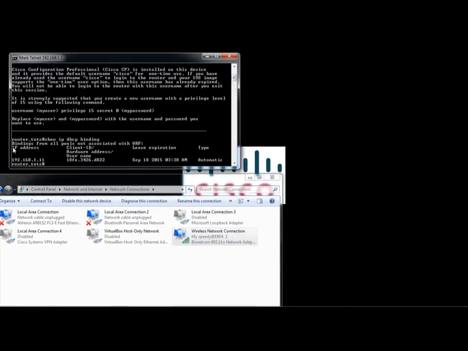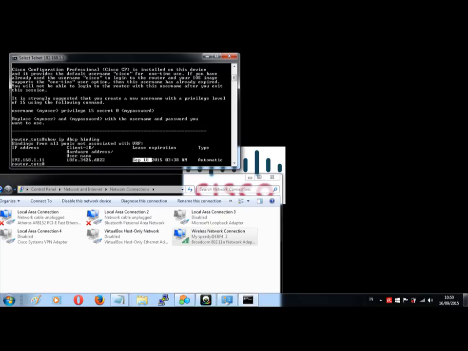This is a binding from all pools not associated with a VRF. You will get these fields first: IP address, client ID or hardware address or username, and lease expiration, September 18.